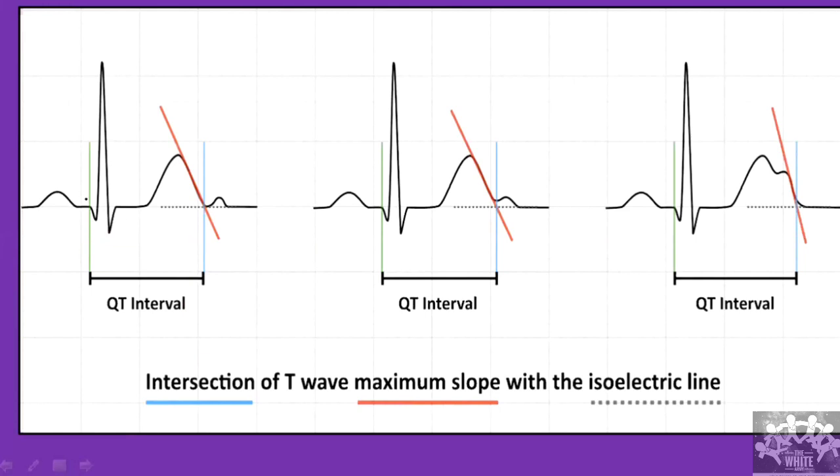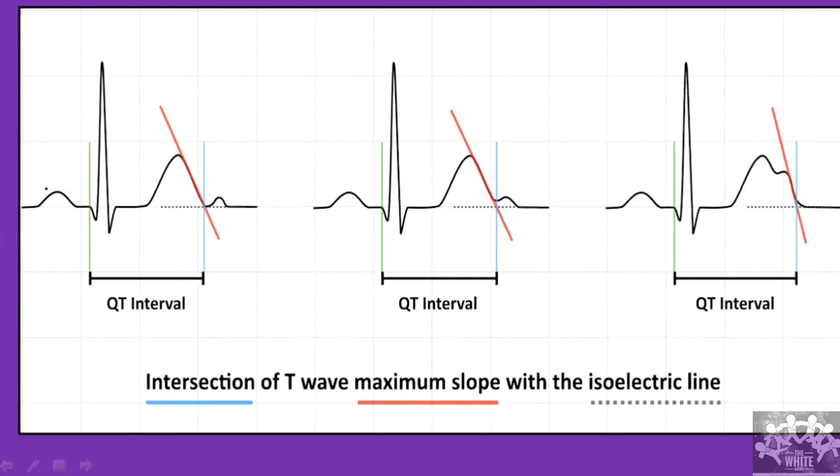What are the other intervals we know? We have the PR interval, which is the onset of the P wave till the onset of the QRS complex. Any interval will have one wave and one isoelectric segment. A segment is a flat line. An interval is one flat line plus one wave. So this is an interval. That's about the QT interval, and you will measure it in lead 2 and lead V5.